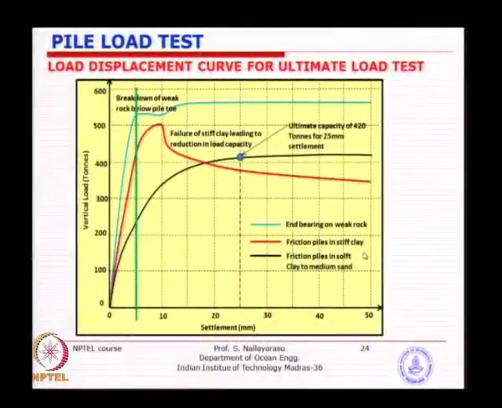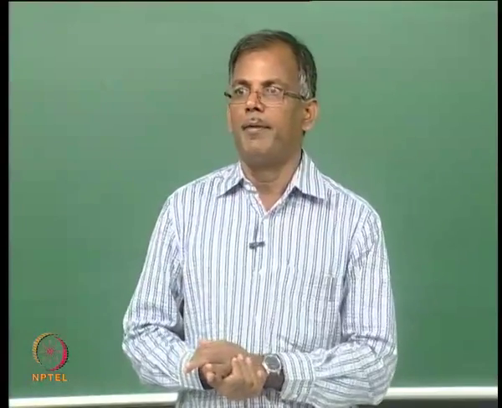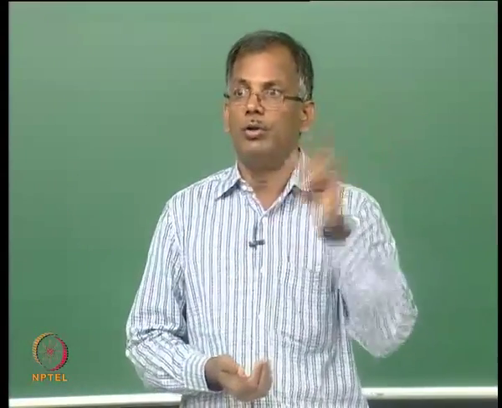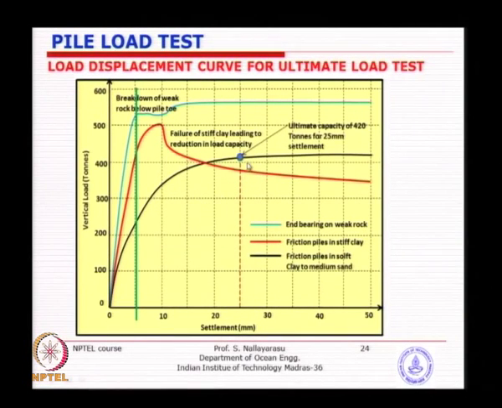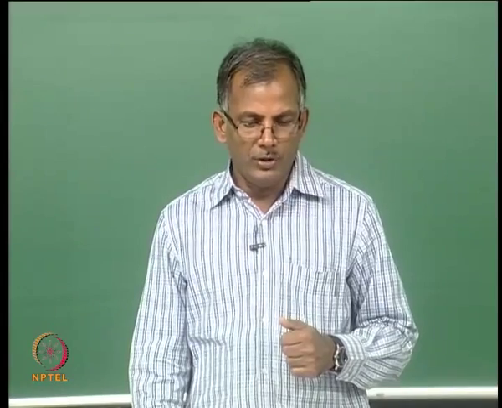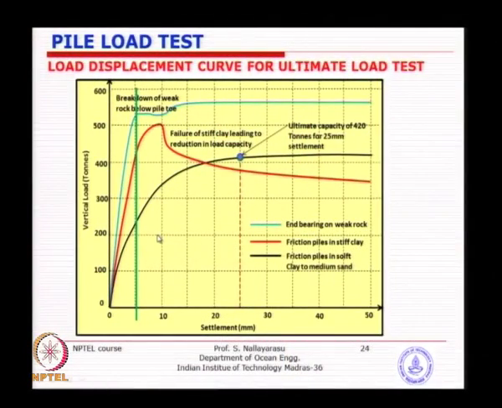If you do not know how this graph is going, what you are trying to do is, if you take 420 tons, join from here straight away to 0, make a straight line. That is what you are doing by means of factor of safety, 420 divided by factor of safety of 3 on load. Whereas if you have this graph, you know very well that you can allow a maximum of 10 mm during its service life with the factored load or unfactored load. Then you can decide how much margin you have. Almost a large margin is available.